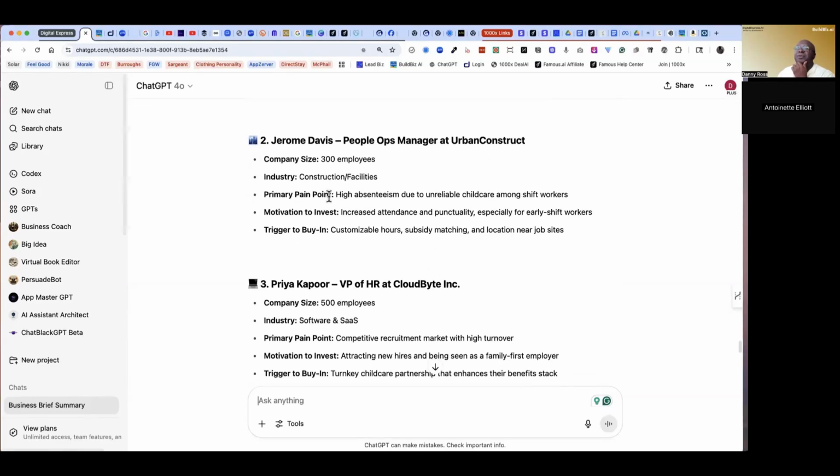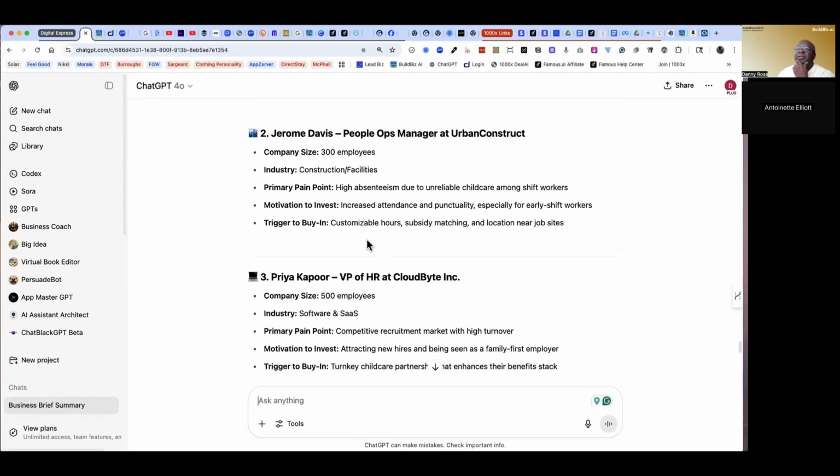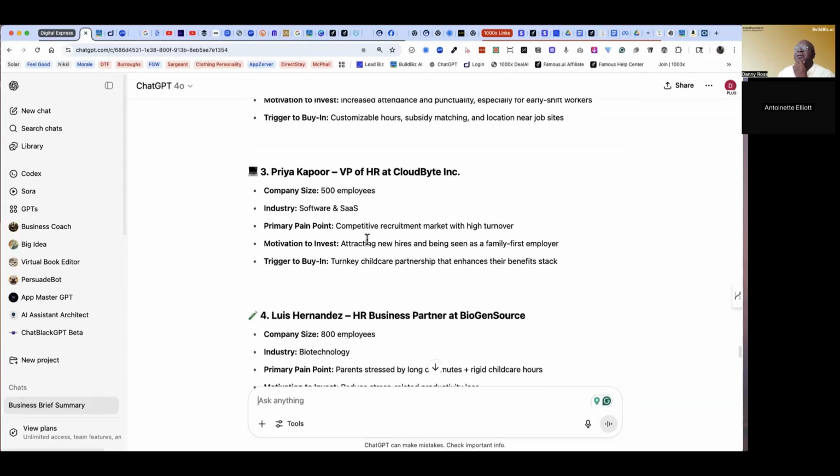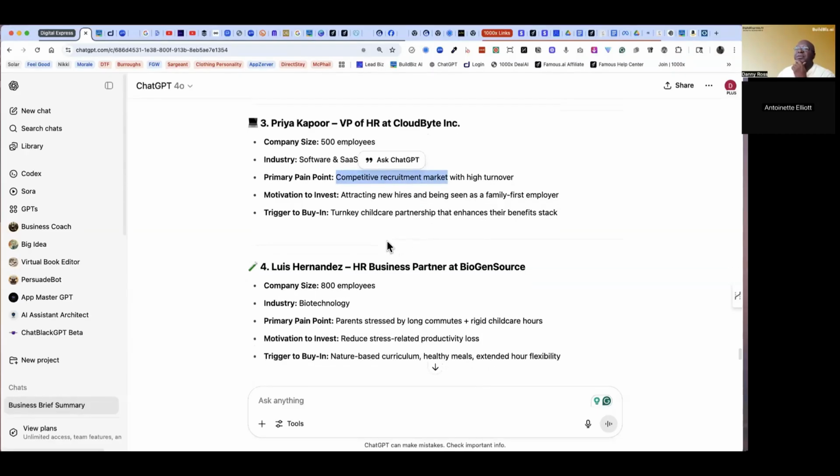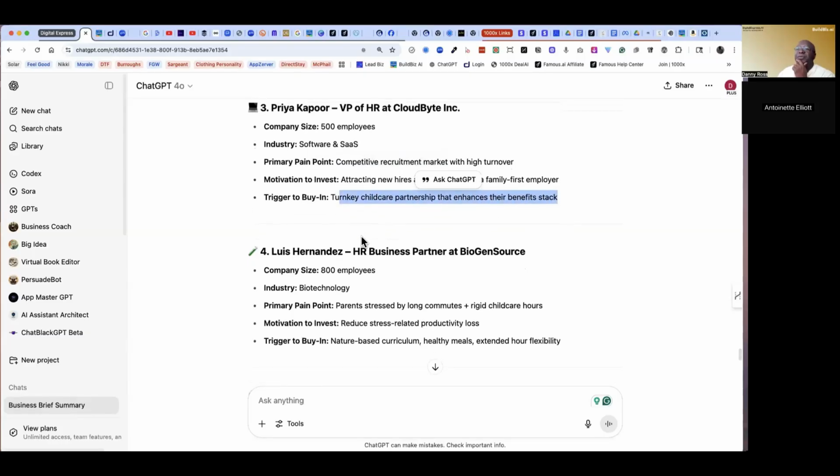Jerome, 300 employees, high absenteeism due to unreliable childcare, increased attendance and functionality, customized, trigger to buy-in. All right, so we have the company with 500 employees, competitive recruitment. The pain points are changing. High turnover, turnkey childcare partnership. And that's interesting for you to know.